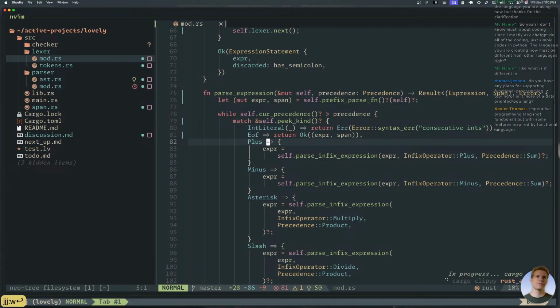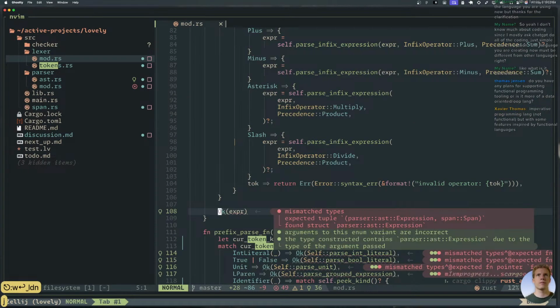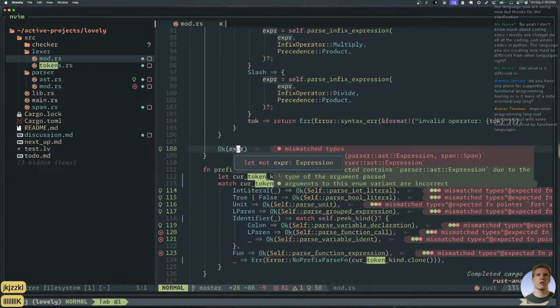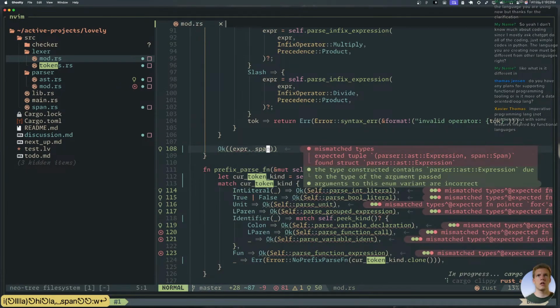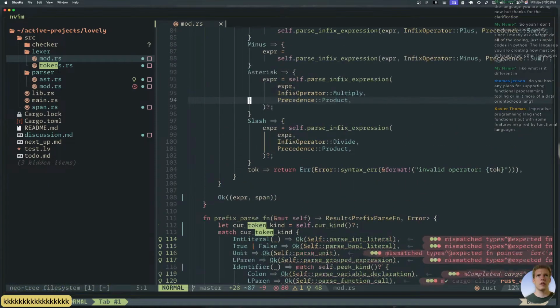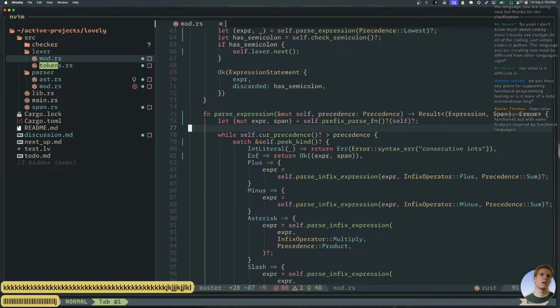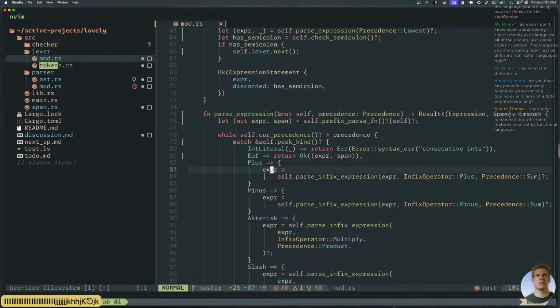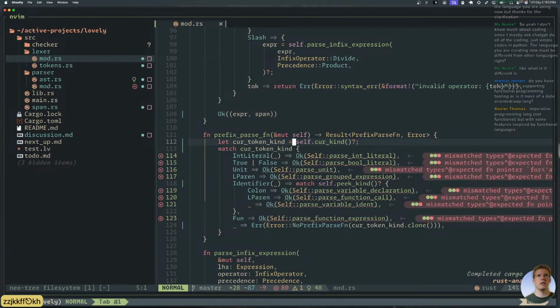Oh, down to 81. Oops. Okay, the fact that everywhere we're using it, we're actually not even... Well, no, here, okay, that makes sense. Okay, here...